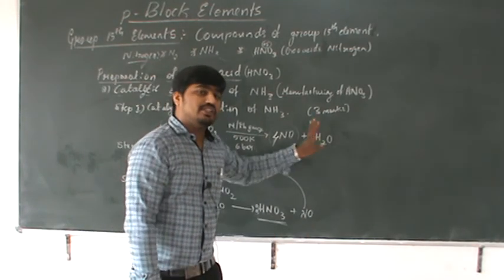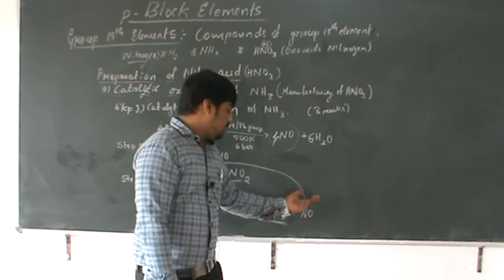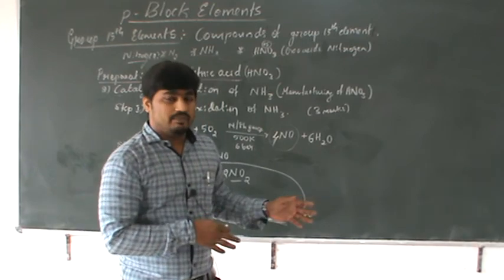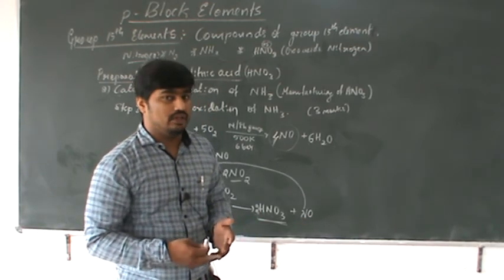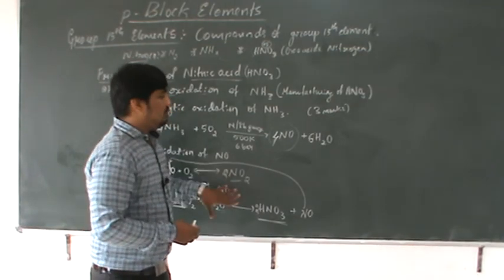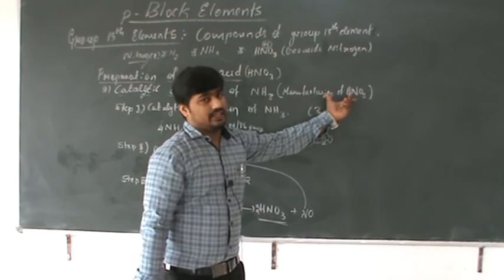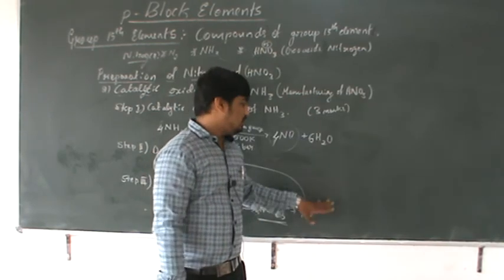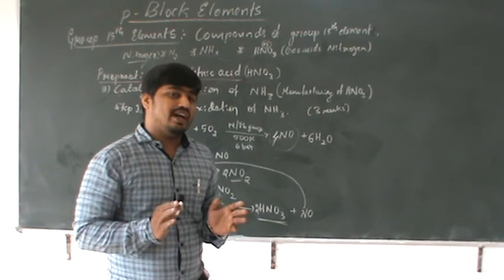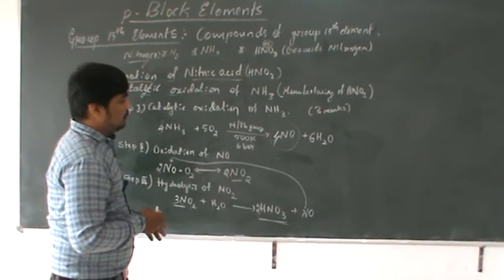Then it becomes a commercial reaction. So there is no loss of any raw material or any other gases. It becomes environmentally friendly as well as commercial. Therefore this is the efficient process for the industrial level manufacture of nitric acid. Okay, commercial as well as environmentally friendly. There are several methods, but those methods have different drawbacks. But this method is very useful.